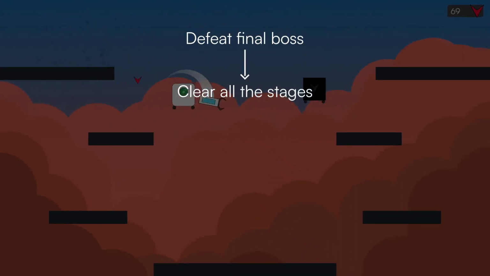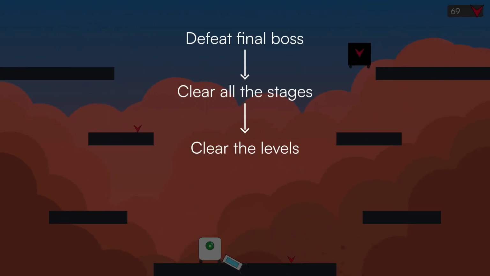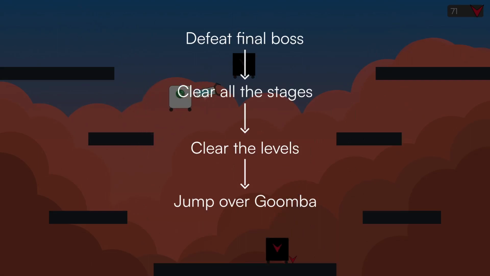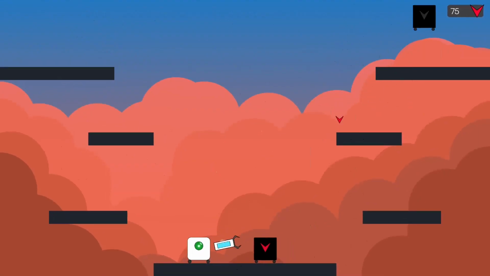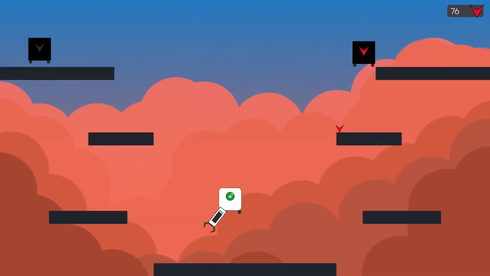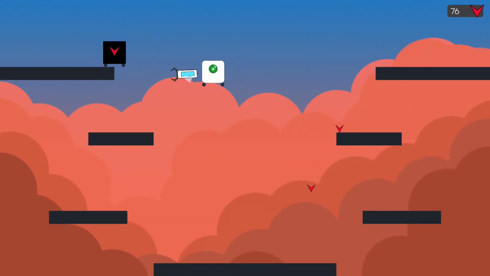But then to clear the stages, you have to clear the levels in each stage, so that becomes your goal. But to clear the level, you have to jump over this Goomba without dying or cross this pit without falling into it, so then that becomes your goal. In this way, moment-to-moment player action gains meaning because cascading up, it is connected to the highest order goal of